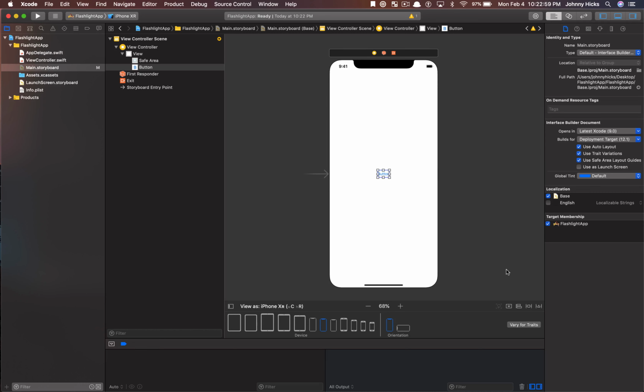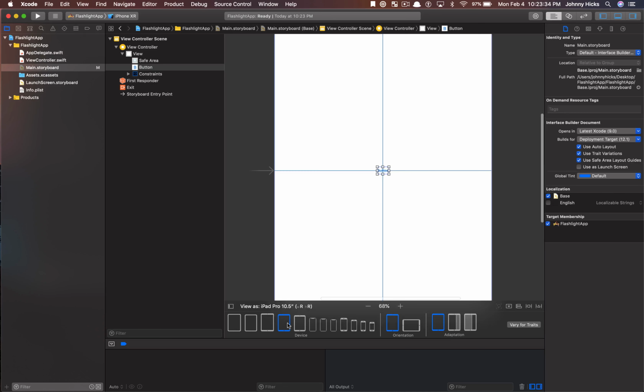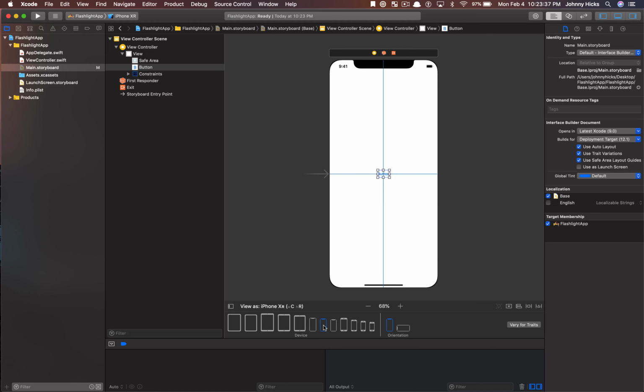And so we're going to set up what are called alignment constraints. The alignment constraint button here is to the left of the TIE Fighter button. So I'm going to select that, and we want to set a horizontal and vertical alignment constraint on our button. I'm going to check these two boxes, and then we're going to click here where it says add two constraints. You can see that that drew some lines here showing that our button has been constrained to the center. So now as we change our device, we see that our button is always in the center